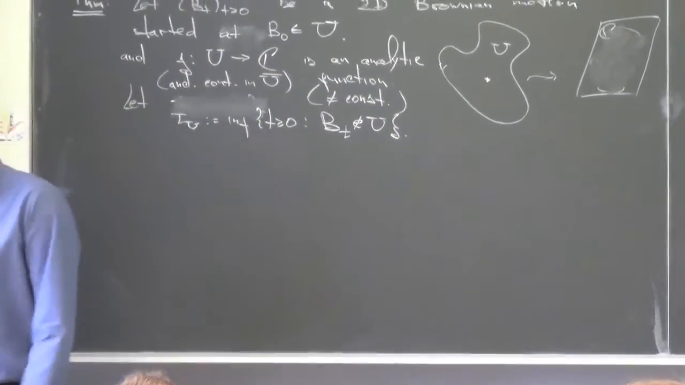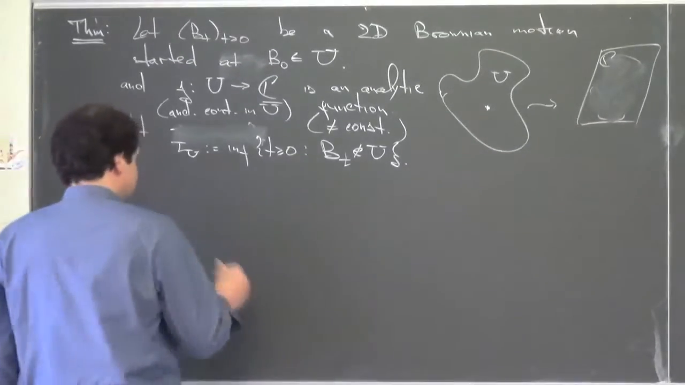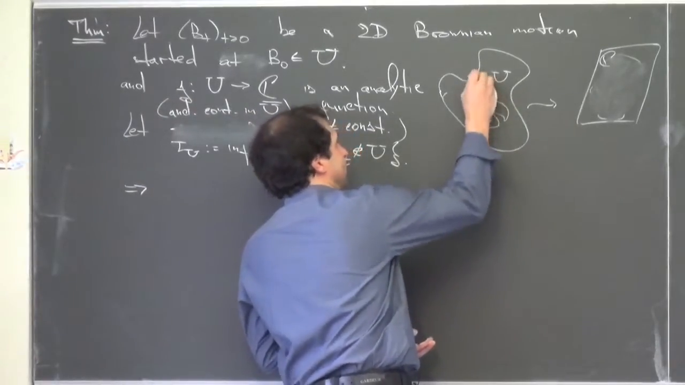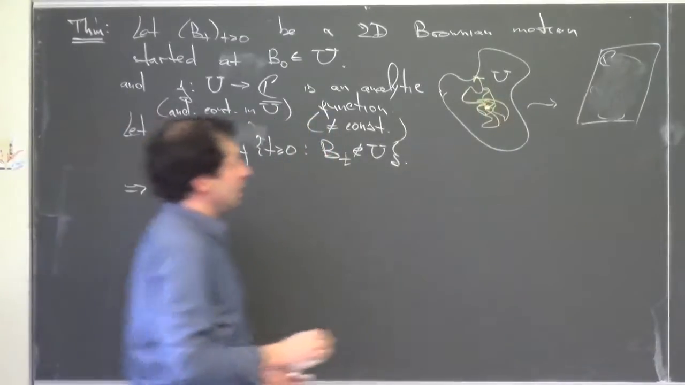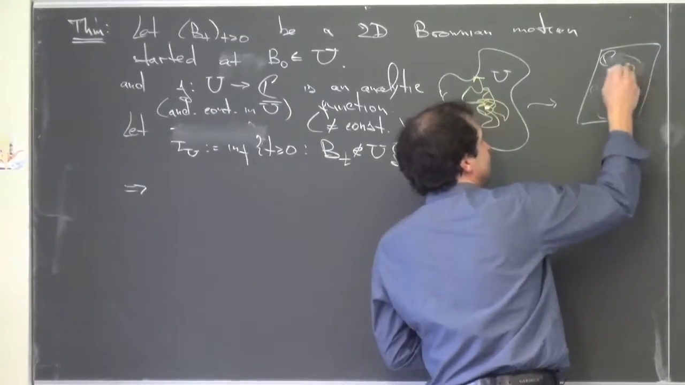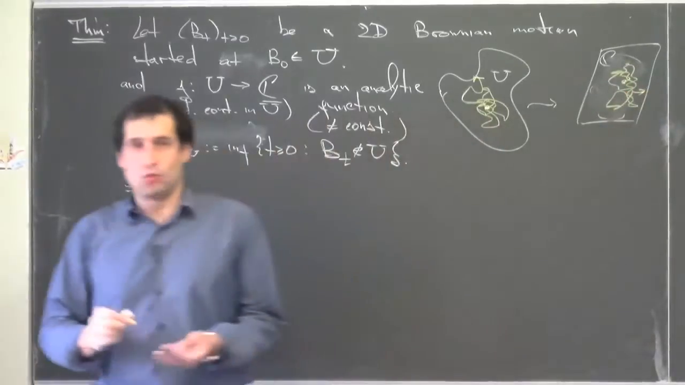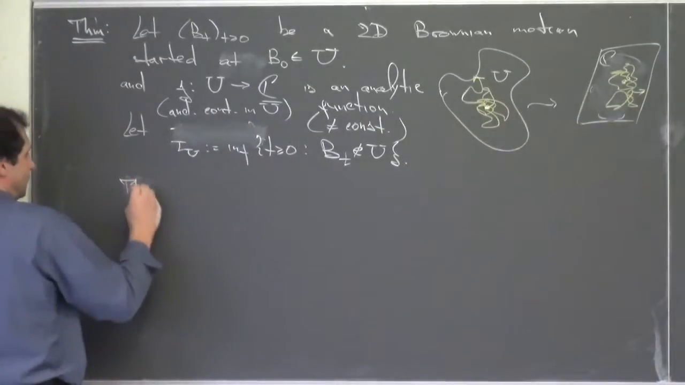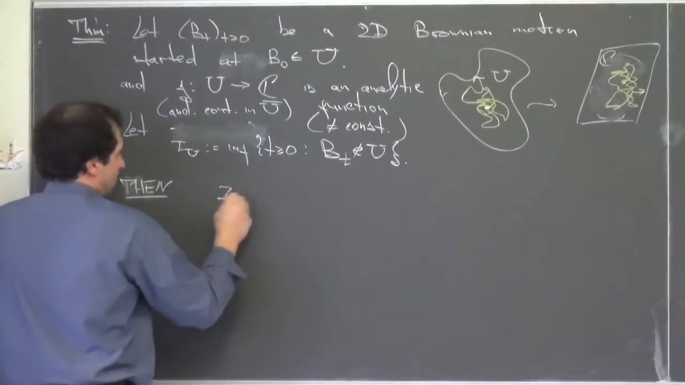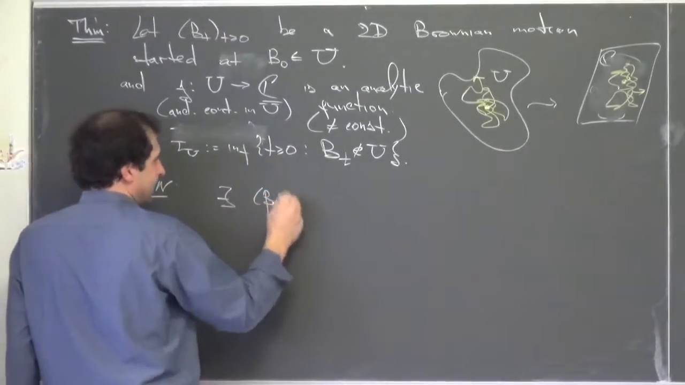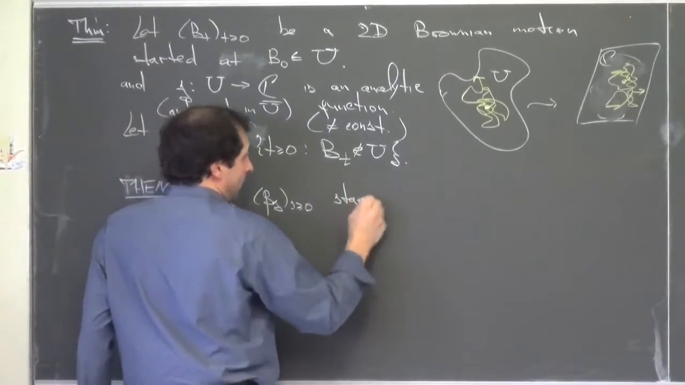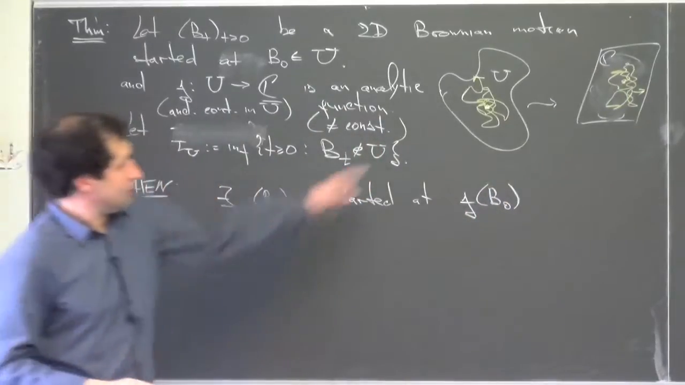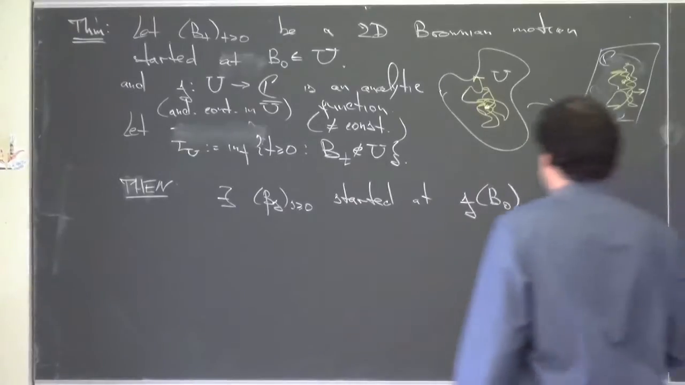And then what I'm saying is that, okay, if you think about the image of the trajectory, so here you have some trajectory. If you think about its image here, what you see is another trajectory of the Brownian motion. Then there exists a Brownian motion beta_s, started at, we note, there in that plane, such that